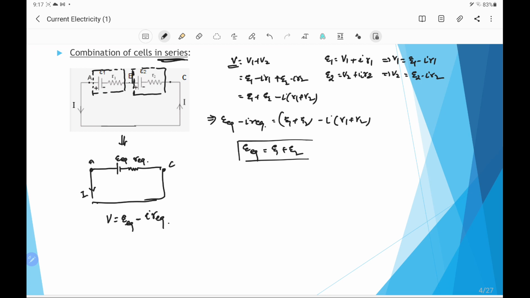That means in series the EMF will be added if both of the cells are connected in the same sequence, that is positive negative, positive negative. If the order is reversed, say cell E2 has its negative terminal towards the negative side of E1, then we have to use E1 minus E2. Similarly, comparing the R equivalent, we get R equivalent in the series combination equal to R1 plus R2. Resistance is always added with a positive sign, while when adding the EMF we have to check the polarity also. So this is the net equivalent EMF and the equivalent internal resistance of the cells in series.